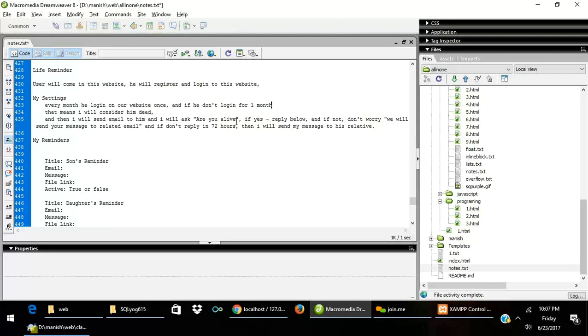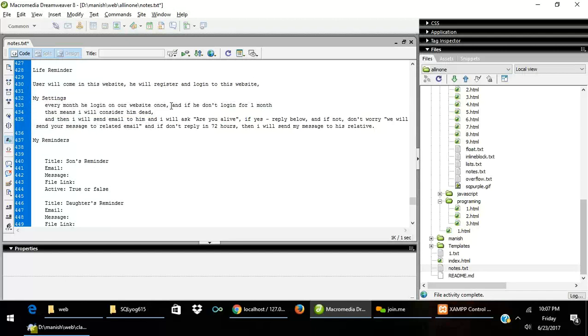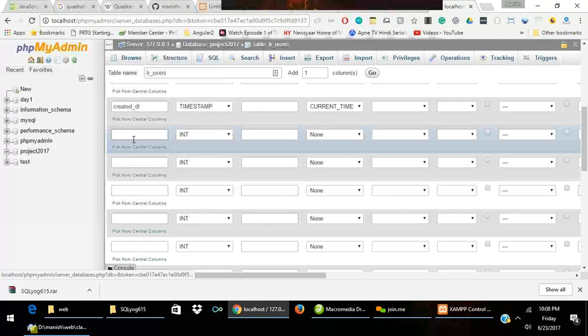So we should know on which date he logged in, right? Because let's say if he logged in 2 months back, how do I know he logged in 2 months back? So whenever he logs in, we need the date on which he is logging in. So we need the login date. So let's put the login date. In the login date,